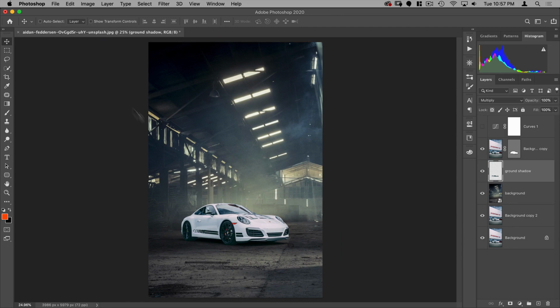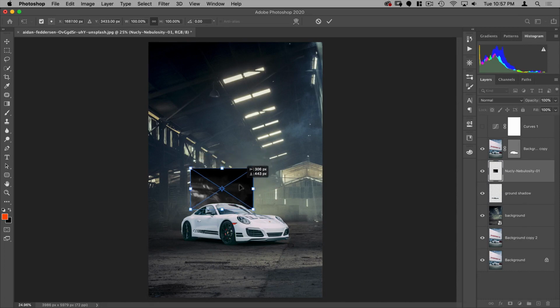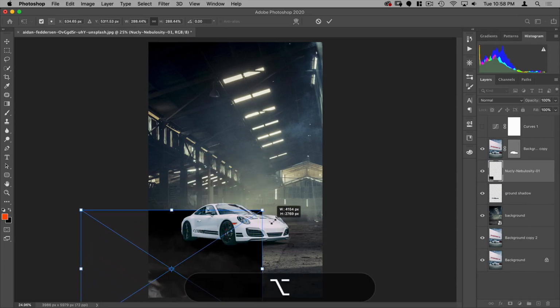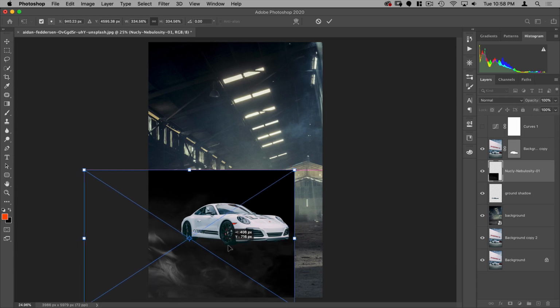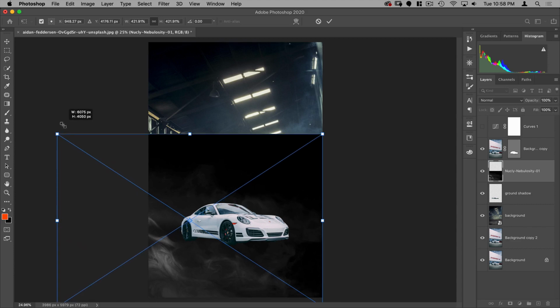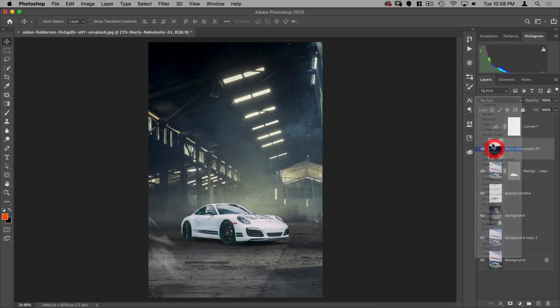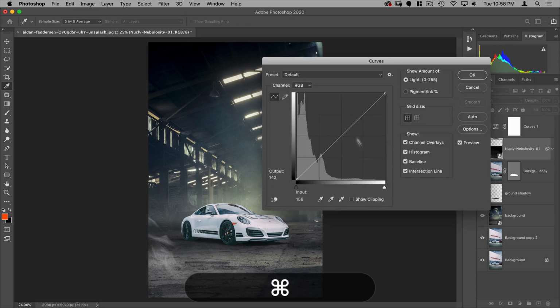All right, next we're going to start bringing in some of our light rays. So let's do File, Place Embedded, and let's just start with the top one. This one is going to be a bit of light coming in on the side over here, or some smoke, I should say. So right about there. Let's put this on the very top and put it on screen. And I'm going to adjust this curve, so Command M. I want to bring up the lights and then just bring down the curve on the bottom a bit.